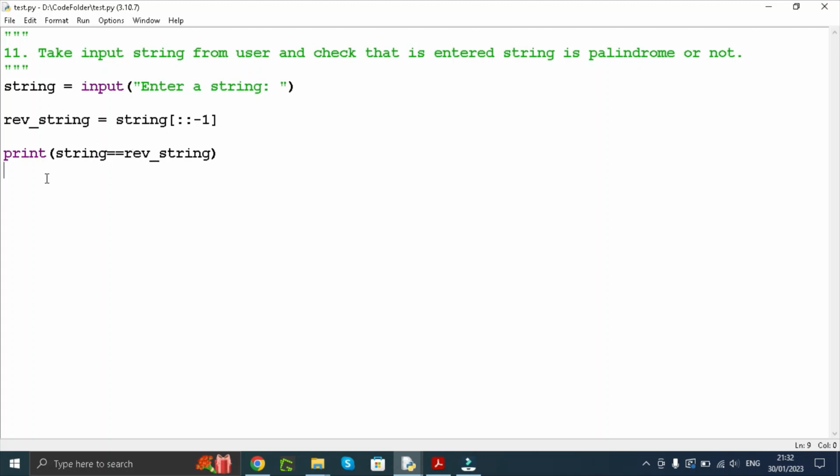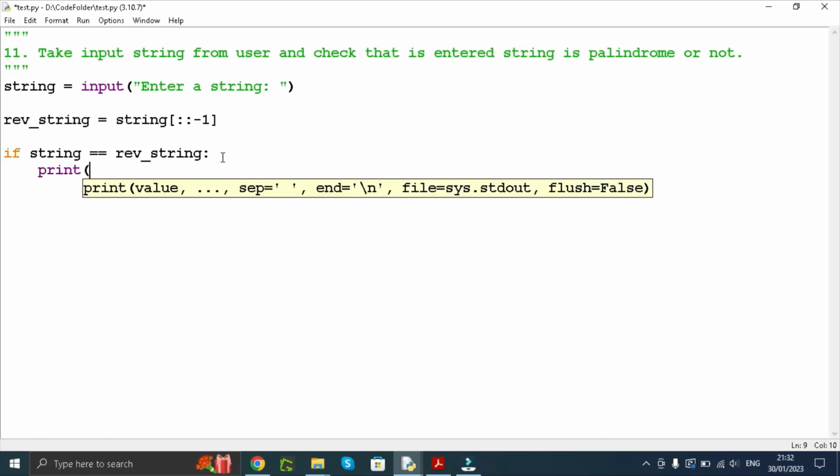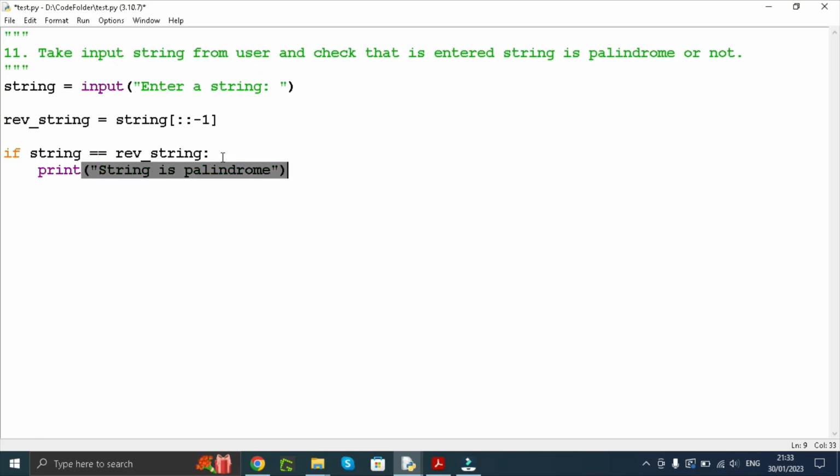So now the same thing we can implement using a control statement. So how to do that? You have to use if else for that. So if string, so here equality is getting checked, means both the strings are same or not. So ref string. So I am checking, if this condition is true, I will print here, sorry, string is palindrome. Right? Else, so else is